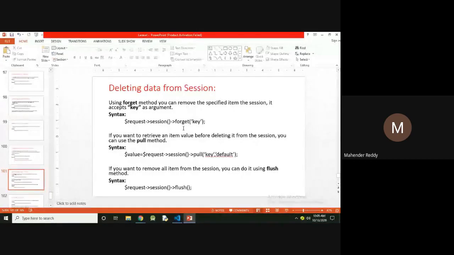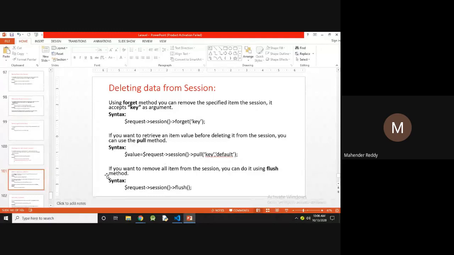But if you want to return something before deleting that particular session data, it will display whatever data is available in that session before deleting. So $value is equal to $request session pull key comma default. If the key consists of some value, it is stored into $value, and this session data is deleted.